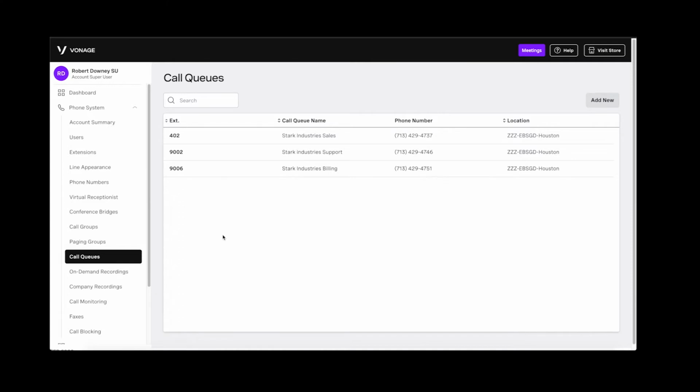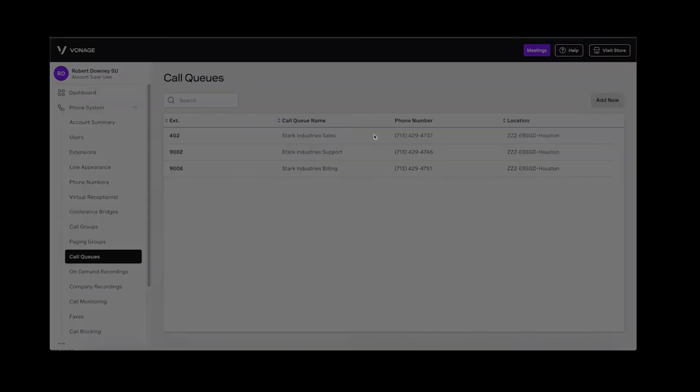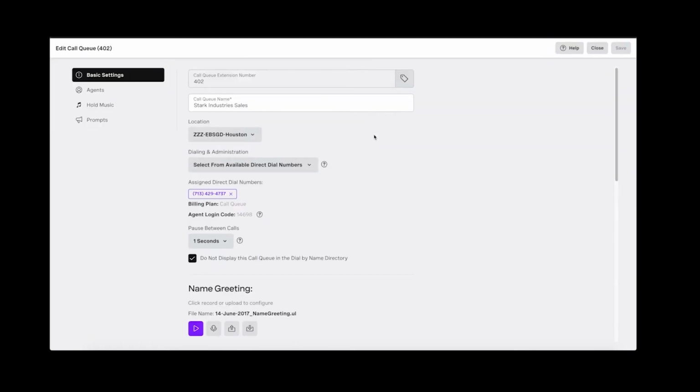Once I've clicked on call queues, I can see any call queues that are available in my system. And by clicking on the actual queue, I'm presented with my setup menu. Inside the setup menu, I can modify my call queue extension, my name, and I can also apply call tags to the system, which allows me to more effectively manage my call queues and the agents that are members of the queue. For example, if I have an agent that's in the sales and support queue, using a call tag will allow me to present the caller ID of the customer as well as that call tag to that agent so that they know the call is for sales or support, which makes it easier for them to know how to answer the phone before they pick it up.